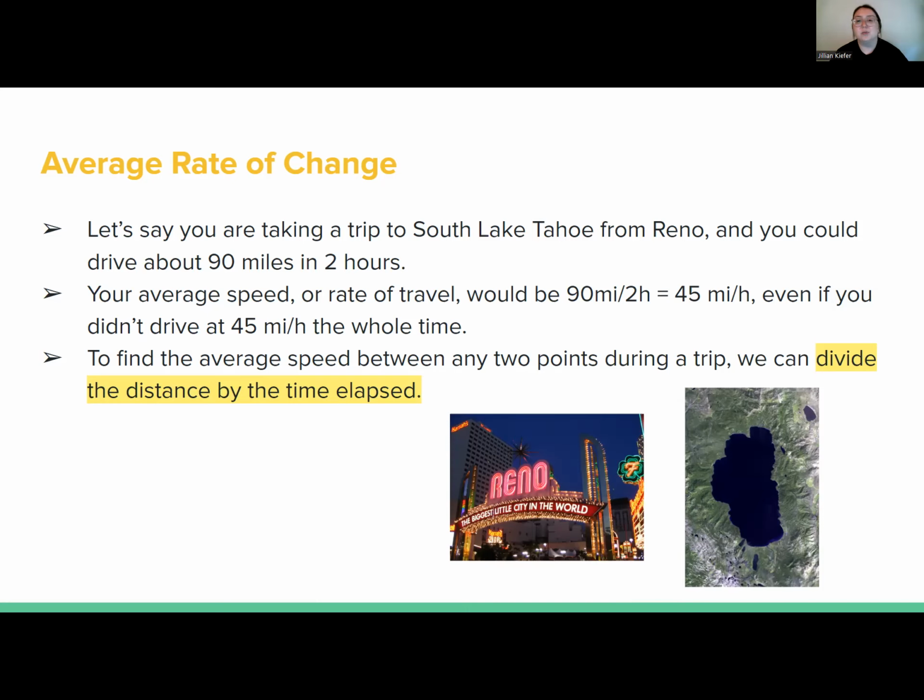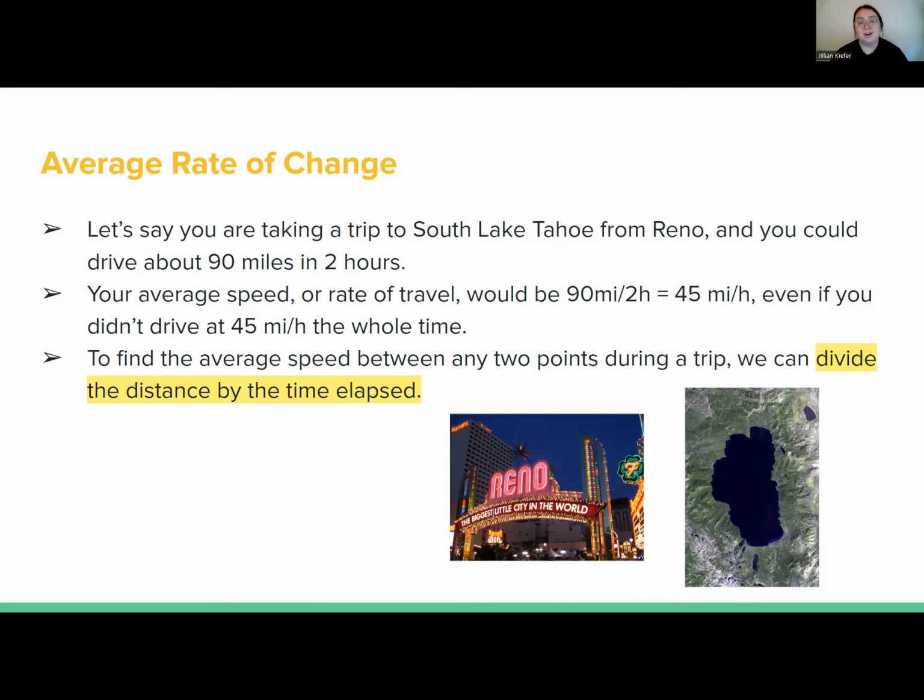We imagine that, through streets and maybe winding roads, you're going a little slower, but maybe on the freeway, you're going quite a bit faster than 45. So that's just our average. We said this was the average speed over our given amount of time. So our distance divided by time in that case. So to find the average speed between any 2 points during any sort of trip, you want to divide distance by time. So that's a real life example that you're probably somewhat familiar with,